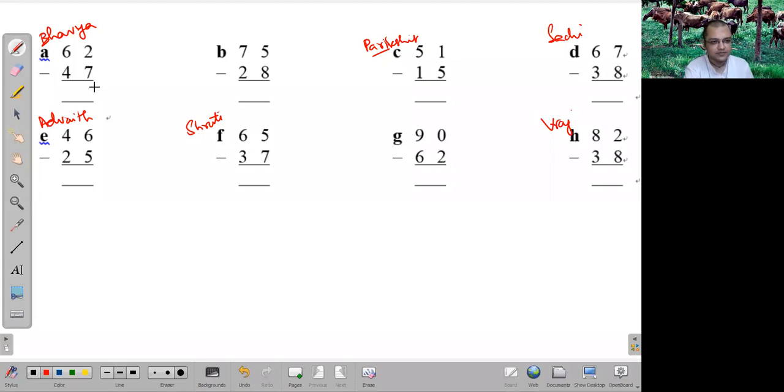So I did, since it's a 2, we can't do that, so I did 12 minus 7, which equals 5. And then since we made this a 12, we have to add 1 to the 4, and then 6 minus 5 would equal 1. So the answer is 15. Correct. So 7 plus 5 is 12. There is 1. 1 is added to 4. That becomes 5. 5 added to 1, it becomes 6.